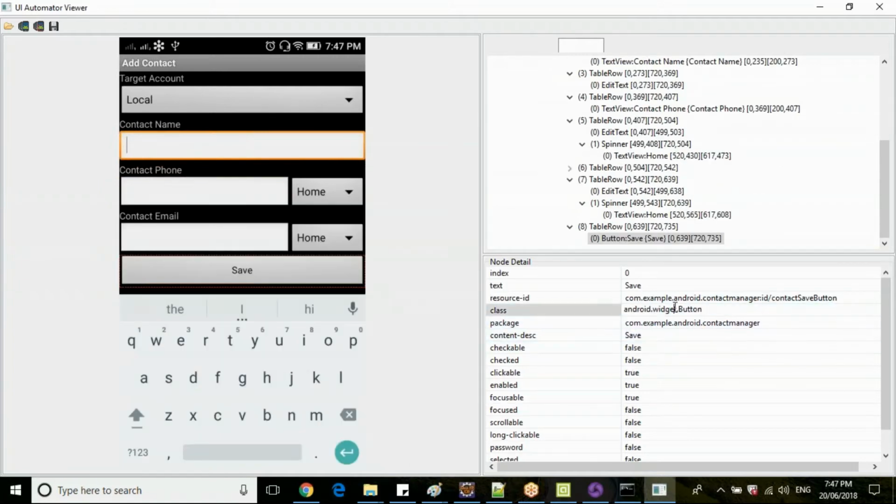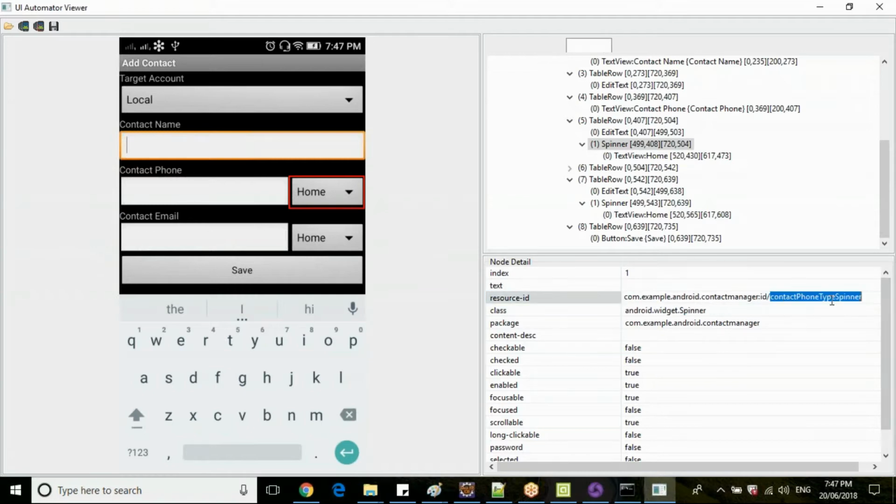If you see widget.button, so when you're working with select class, you don't select this, it is a label or text view. So this is your spinner class. Okay, so since it is spinner, I think you will not be able to do it with select class. Let's do it with the click method and identify this one.